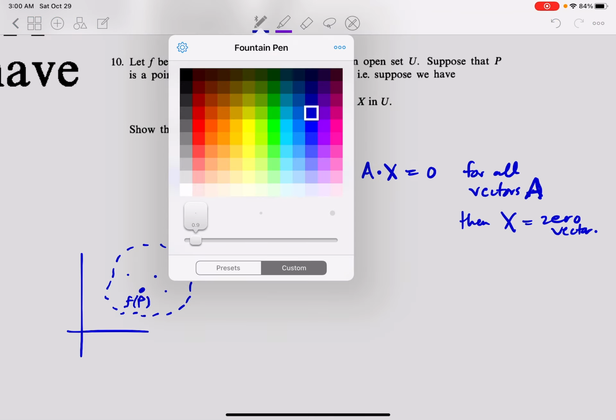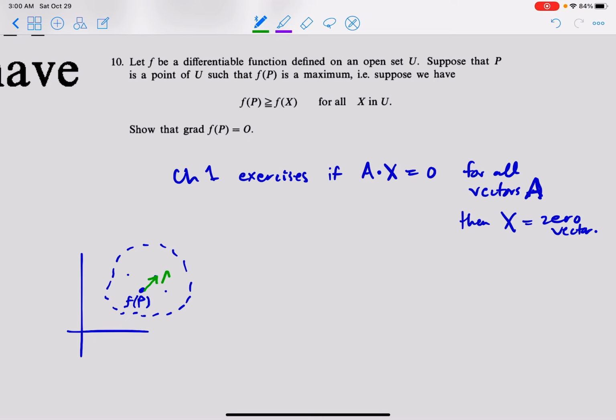And so what we do is if we move in any direction a, then the number that's hovering in the direction a will be smaller than f of p. Okay? But that also holds if we move in the direction minus a. So the whole line in direction a would be p plus ta, right? And that's a line, it's one-dimensional, so we're going to go back to single variable calculus. So from single variable calculus, we know